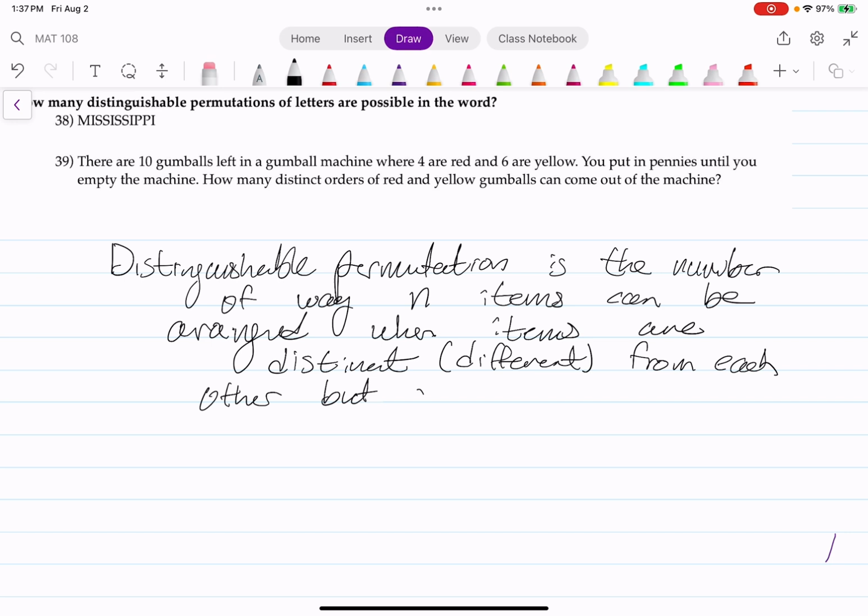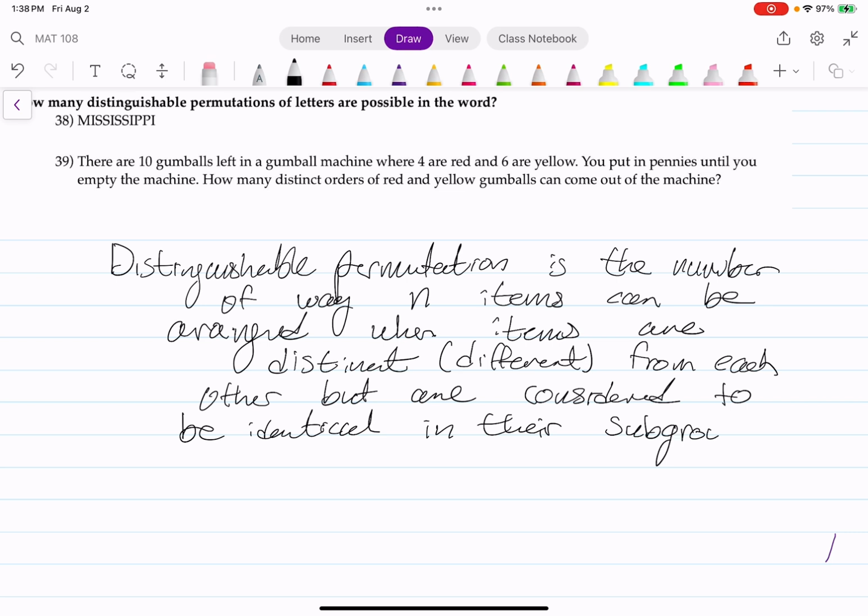But are considered to be identical in their subgroups. Subgroups, not in a modern algebra way, just use the word subgroup in terms of its English word in this case. So, for example, when we see the word Mississippi, we have to, it says permutation, so that means we